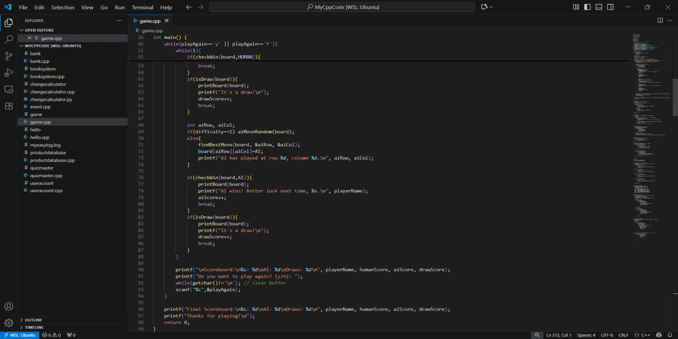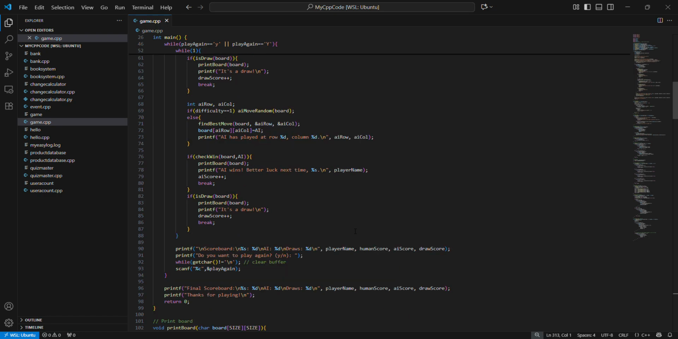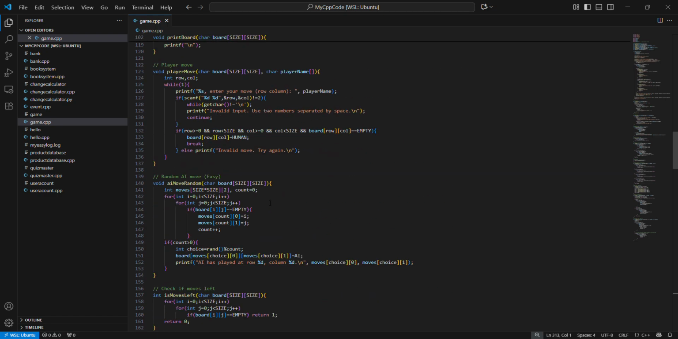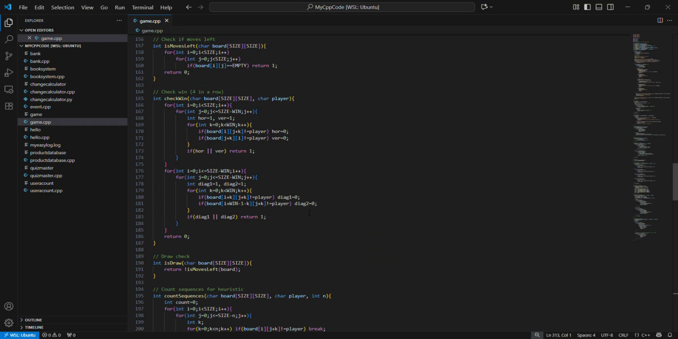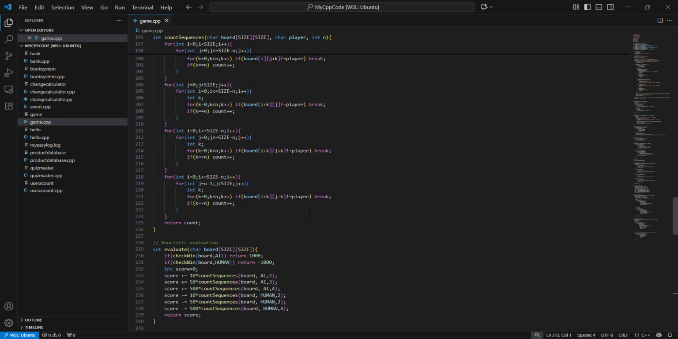For the AI, I actually made two levels. Basically, this is the easy AI. This just picks a random empty spot on the board, and it's not very smart, but it's fun for beginners. The next one is